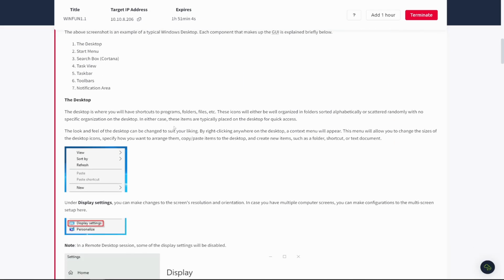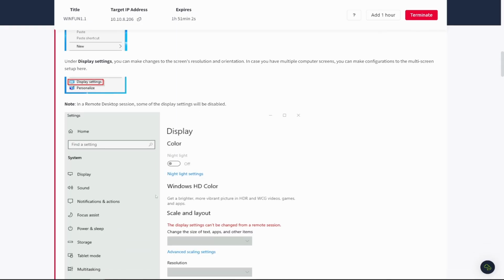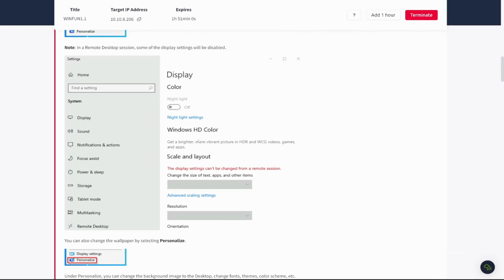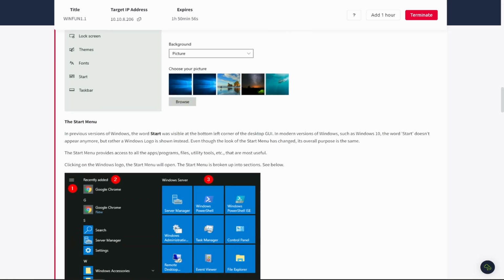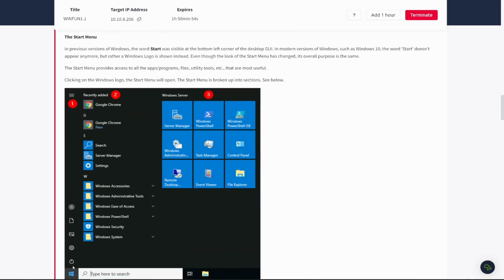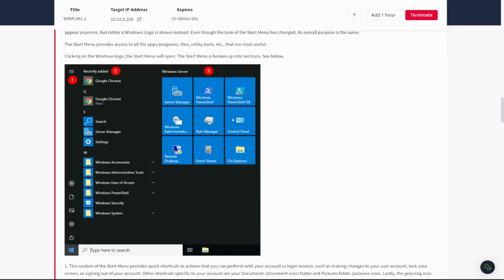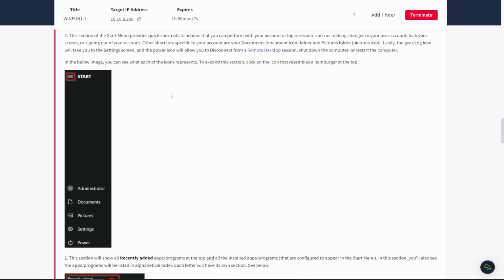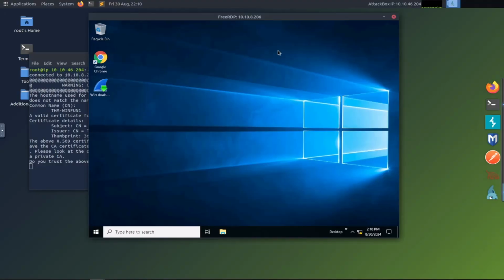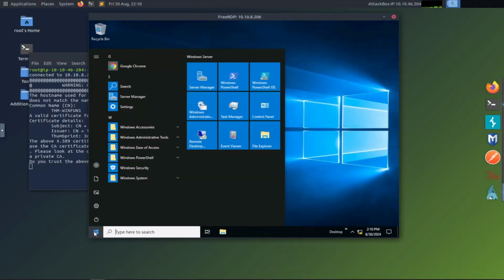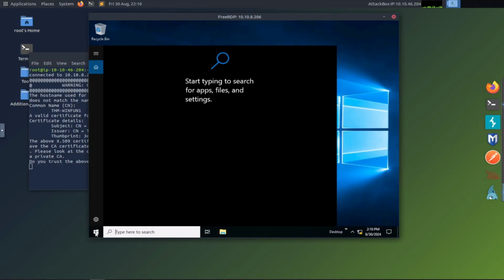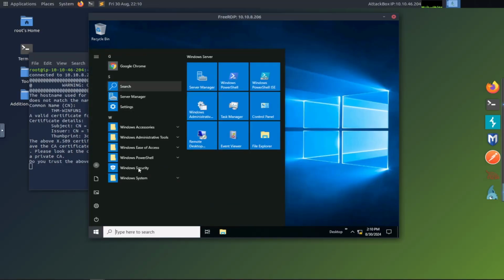So take a look at that, read through all these. They have display settings, so you can edit a bunch of stuff. You can personalize a lot of it, and then this is what the start menu looks like, or the search bar. So look at that, mess around. The biggest thing is just jump over here and start clicking on stuff, seeing how things work, right? Like what's the difference between the search bar versus start menu. You can right click on stuff, you can pin it to start,